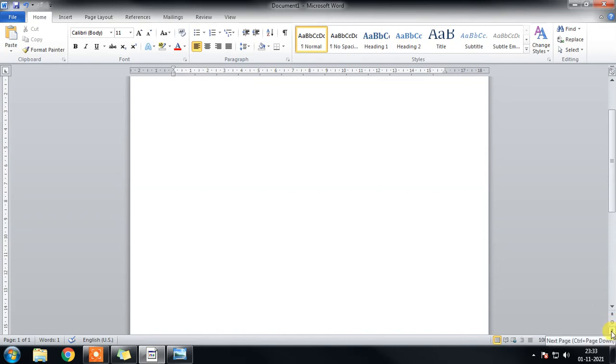Alright, it's time to recap and see their names. Let's see, this item is called the word icon, and this group of icons all together is called the quick access toolbar.